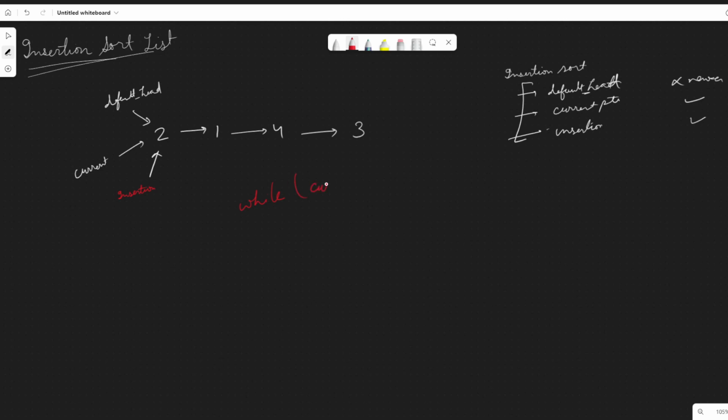While current is not equal to null. The simple way. Then we are setting our insertion pointer to default head. Basically insertion pointer is equal to default head. After that